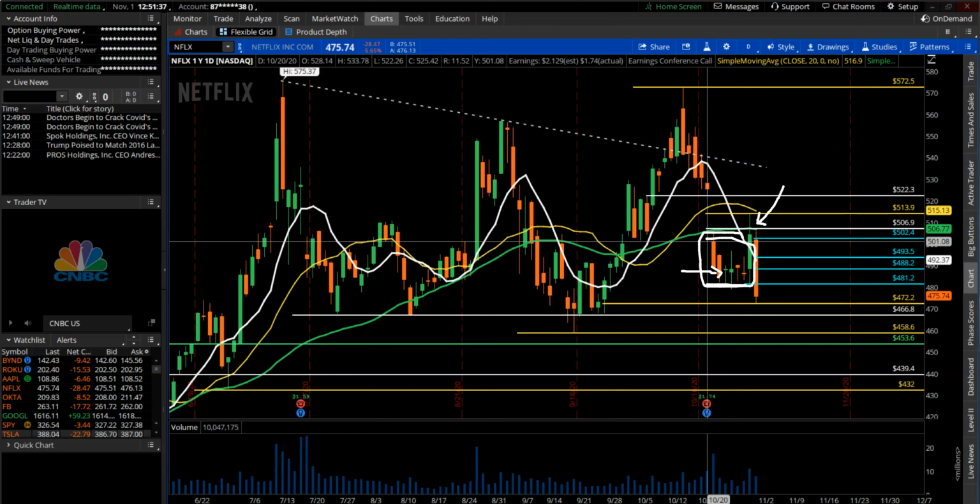So the path of least resistance again remains down. Preference remains to sell the strength unless or until you start seeing price acceptance and lack of bearish follow through, right? We had this bearish trend bar right here, but no follow through to the downside. It held this support at 466. So if it holds that support, shows some consolidation or even a move down, and then closes back up above that 466, 470 level,